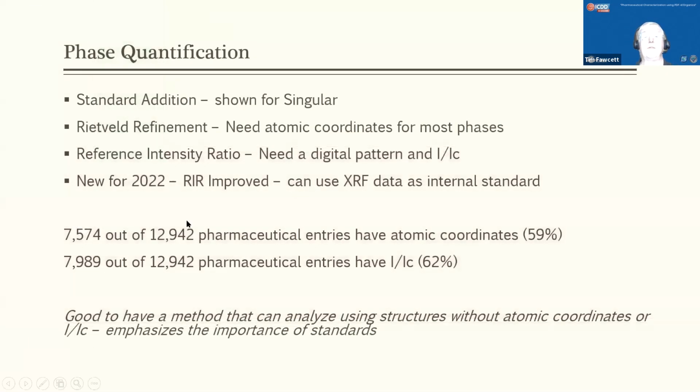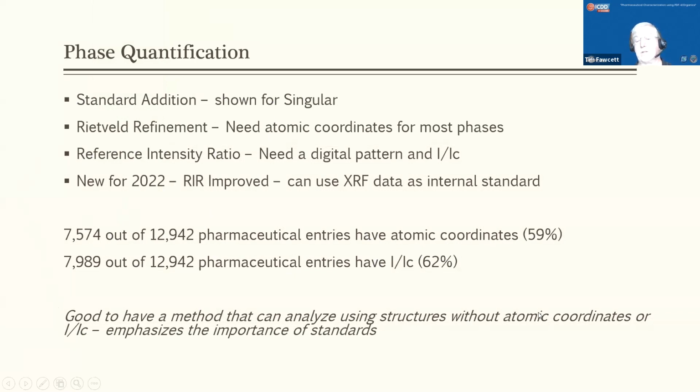So when you quantify things, there are some difficulties. A large amount of data has come from special projects, has come from donations. So we only have 59% of the database with atomic coordinates if you do Rietveld refinements. And we only have 62% that have I over IC if we try to do the reference intensity ratio. So this is a case where it's nice, if you have it, to have a method that can analyze structures